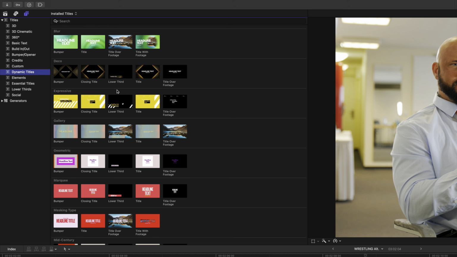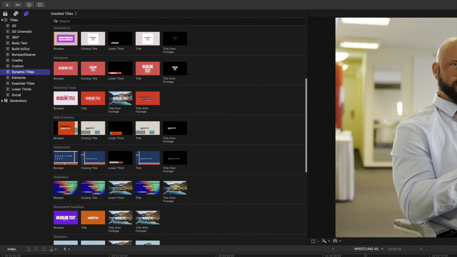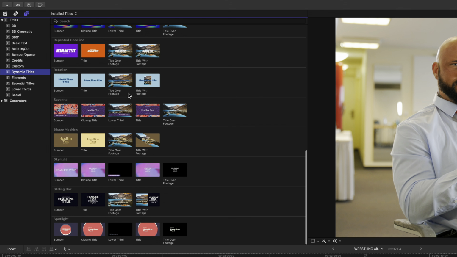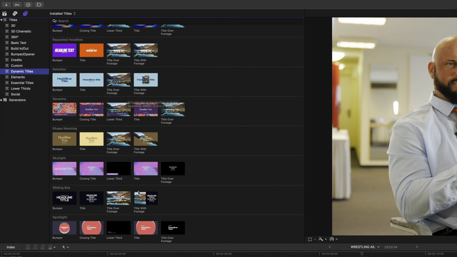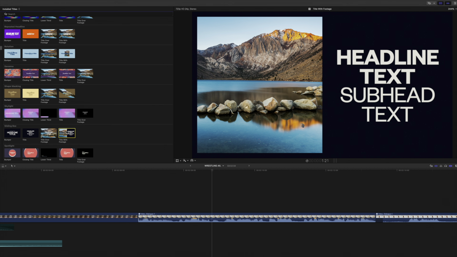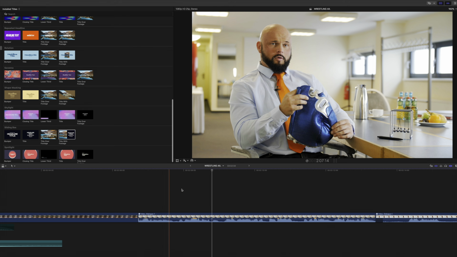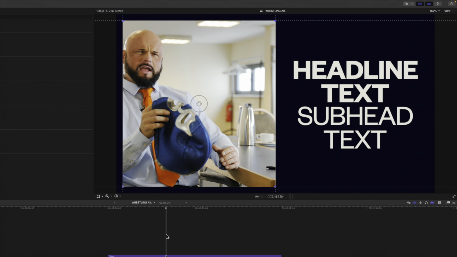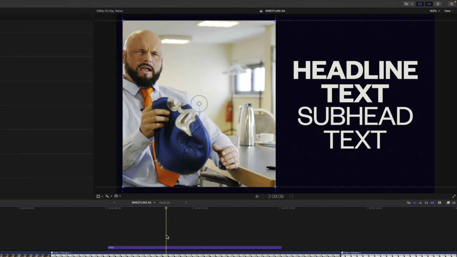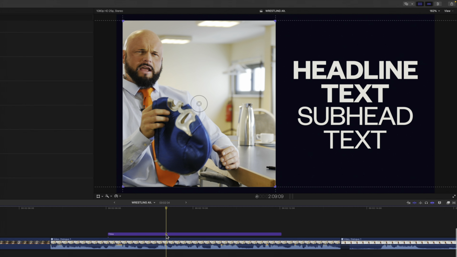In the title section, there are altogether 9 additional sets of title themes, which actually look really nice and are a welcome addition. As far as customization is concerned, if we look at one of the sliding box titles and connect it to one of my clips, as I said, the customization options, or rather the on-screen controls, are virtually identical to the previously introduced callout and picture-in-picture effects and various new transitions that I showed on my last video.